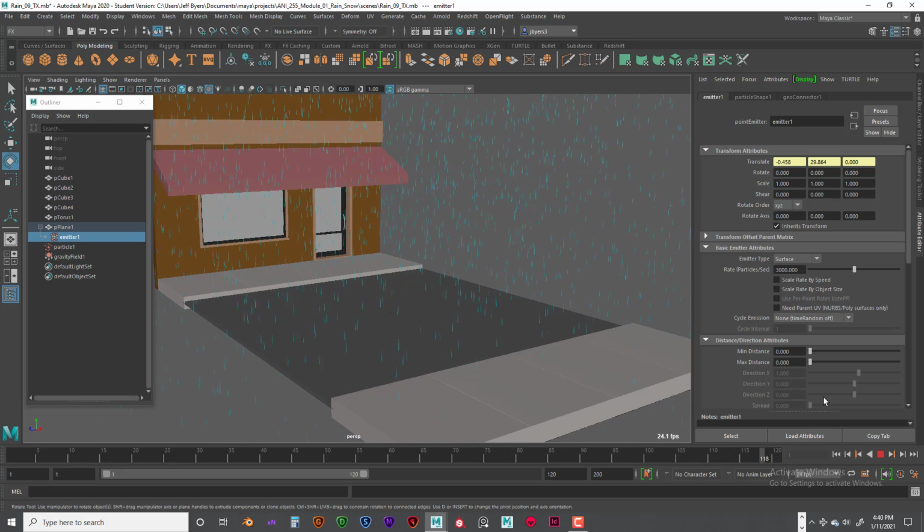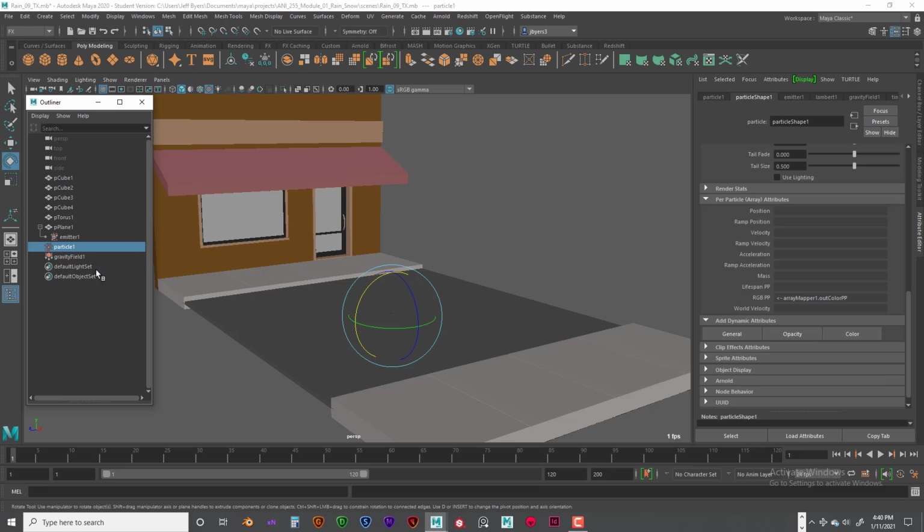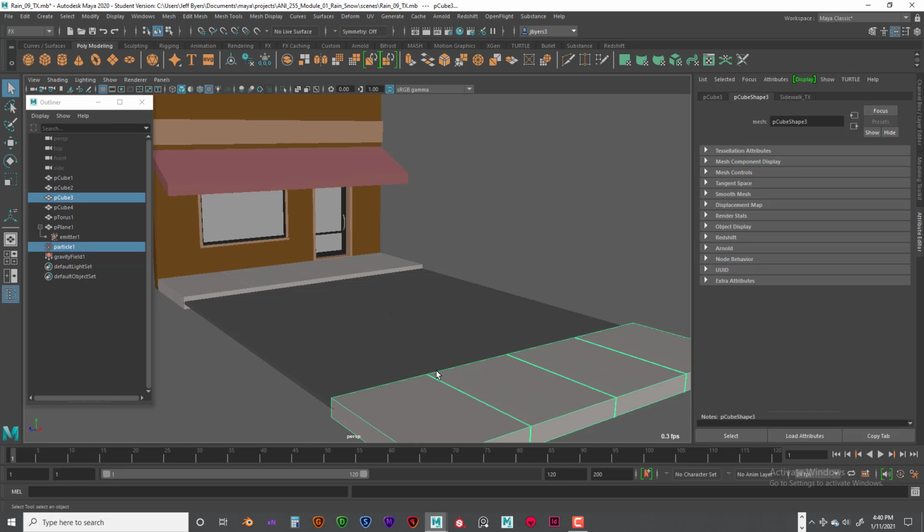They're not really colliding with anything. So what I'm going to do is stop the simulation, scroll back, and click on the particle. We've got gravity in here, but what we want is for it to collide with these objects. So click on the particle. I'm going to hit the Q key, and then I'm going to start selecting my objects one